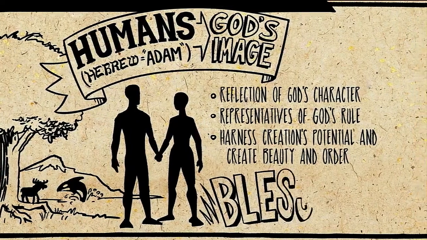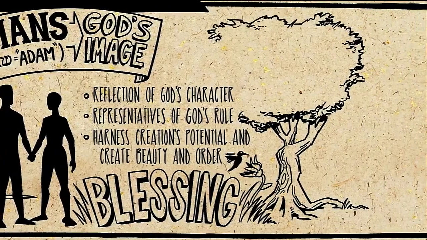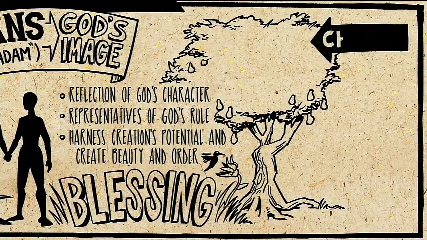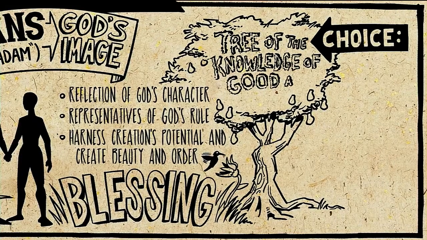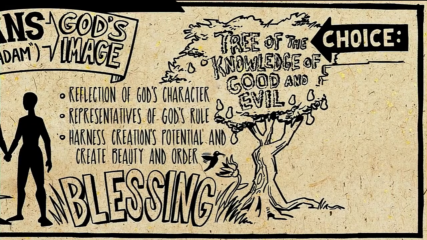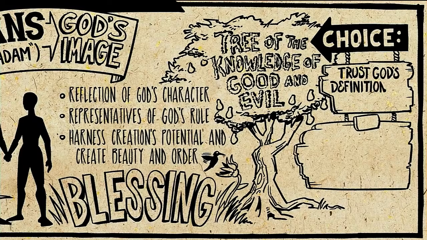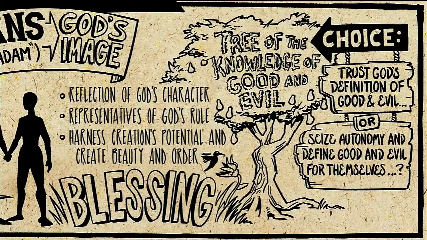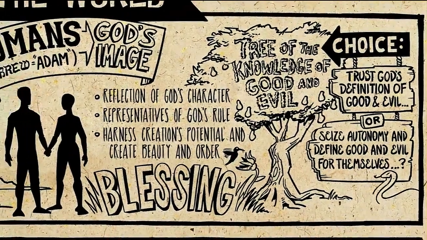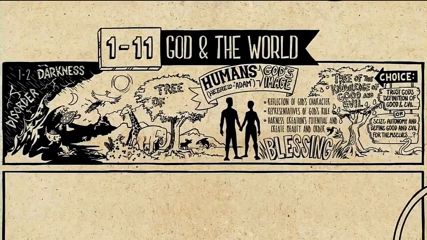God blesses the humans. It's a key word in this book. And he gives them a garden. It's like a place from which they begin starting to build this new world. Now, the key is that the humans have a choice about how they're going to go about building this world. And that's represented by the tree of the knowledge of good and evil. Up till now, God has provided and defined what is good and what is not good. But now God is giving the humans the dignity and the freedom of a choice. Are they going to trust God's definition of good and evil, or are they going to seize autonomy and define good and evil for themselves? And the stakes are really high. To rebel against God is to embrace death, because you're turning away from the giver of life himself. This is represented by the tree of life.